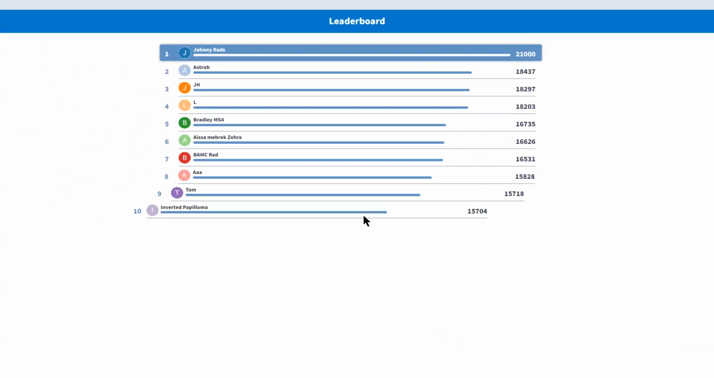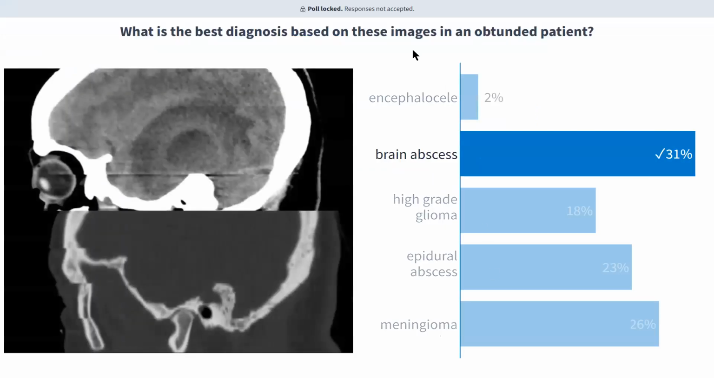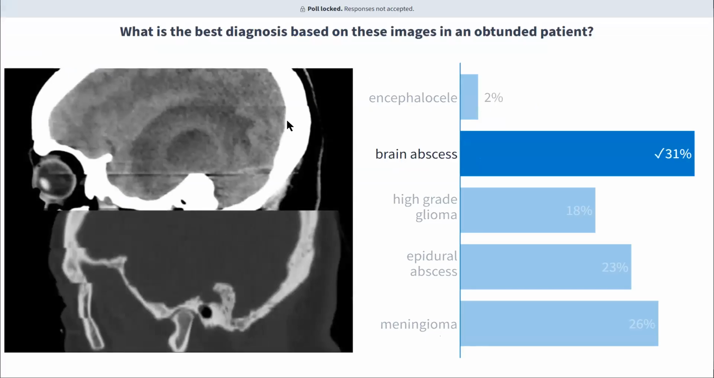I wanted to know a reason for why not epidural abscess. Yeah, why not epidural abscess? So epidural abscess would not seem so round and ball-like within the brain parenchyma here. I think an epidural abscess should look more like it's